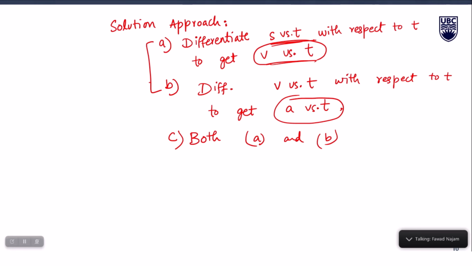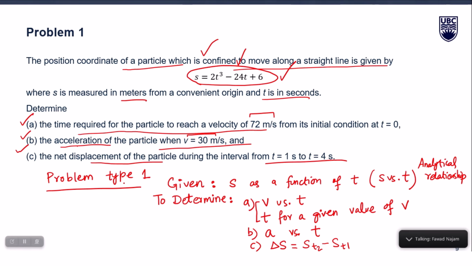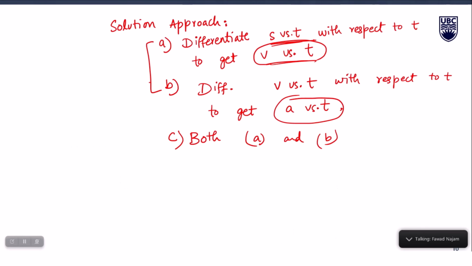So I repeat again this whole idea that I defined as problem type 1, and I will be defining some other types also, like 3, 4 or 5 types of problems. But this particular problem has an S versus T relationship given, and you are required to determine velocity and acceleration, right? And the solution technique, if I summarize it in one line, would be: differentiate the S versus T relationship successively, 2 times actually, one time to get velocity versus time